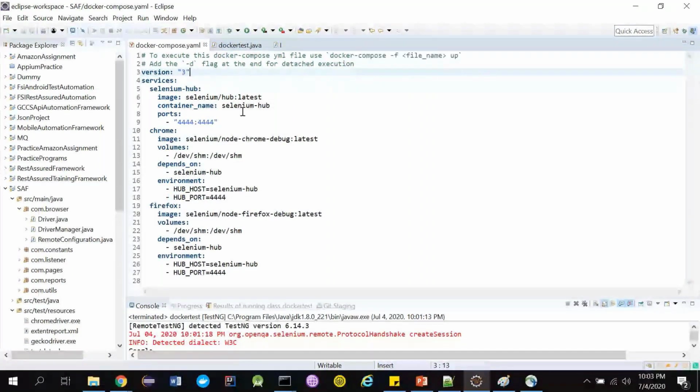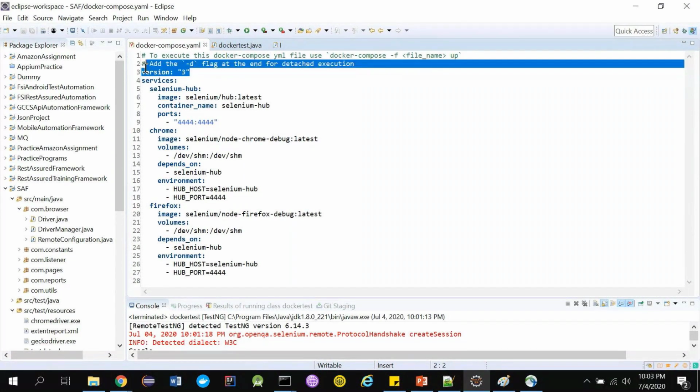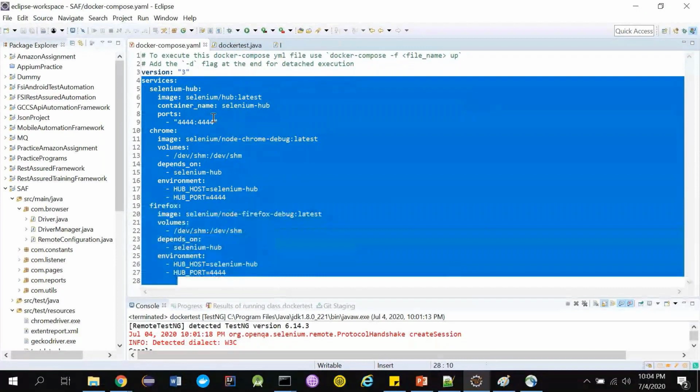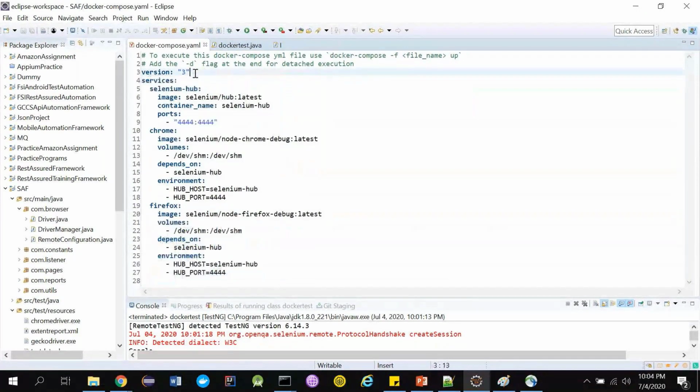So whatever things you put after a hash will be a comment, so you don't have to worry about it. It will start with the version. Docker Compose file version, this is a YAML file. So the version of this Docker Compose file is 3. It means Docker will understand that whatever is given below is from version 3. There are older versions like 2.11, but we are not using them anymore, so it's just going to be a default statement in your Docker Compose file.